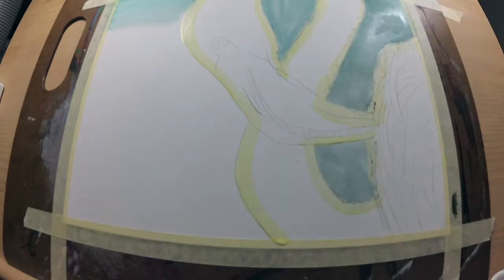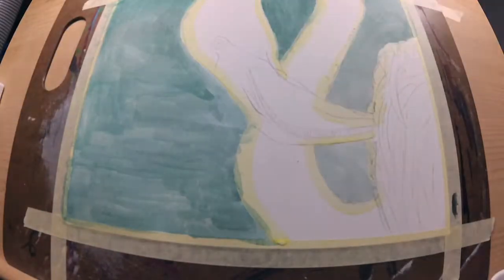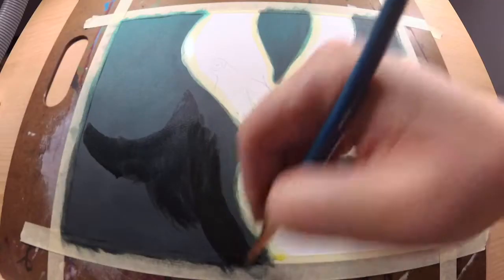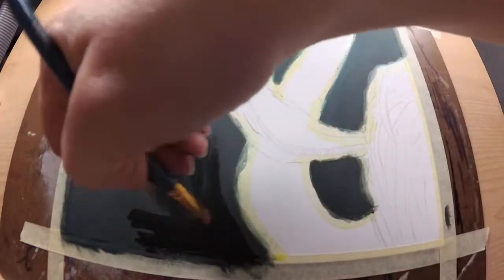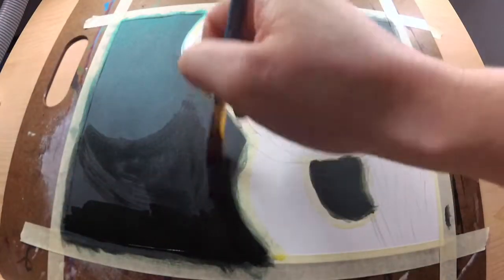I thought you had to apply it really thick to keep the drawing protected, but you really don't need that thick of a coat. I mean, you want a decent amount, but you don't need to load your paintbrush. You can see at the bottom I had way too much on there, so it's got a little drop at the bottom. And so during this process, you can just layer color, water, basically anything, and that masking fluid